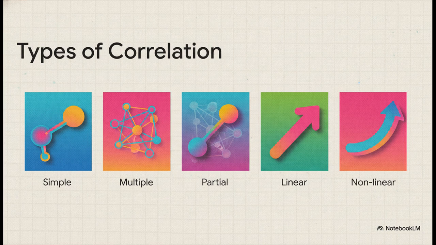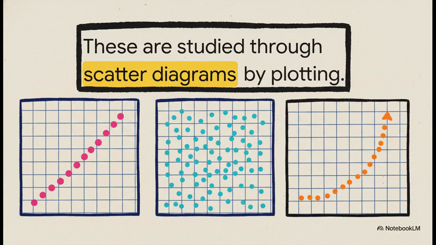And finally, we classify them by their geometric shape. Linear correlation, where the relationship moves at a constant rate, and nonlinear correlation, where things curve or shift at different magnitudes. Bam! Those are your 5 distinct types, giving us a really robust toolkit for pretty much any data scenario. But how do we actually see these different types in action? Well, they're visualized through scatter diagrams. This is absolutely the crucial visual tool for studying these specific correlation types.